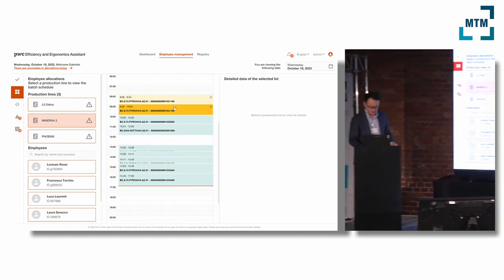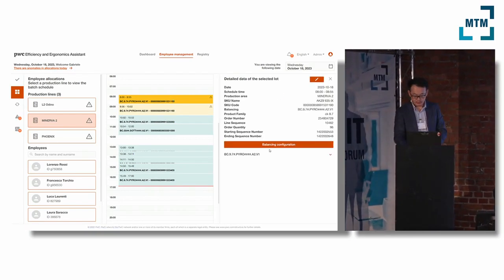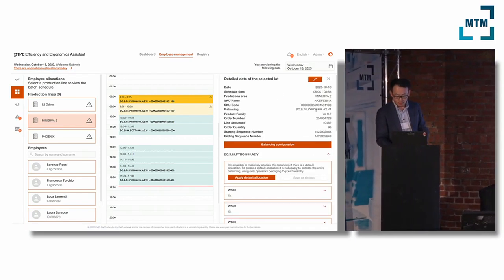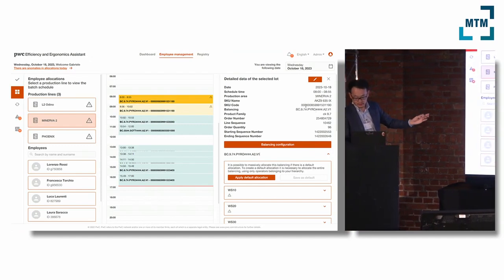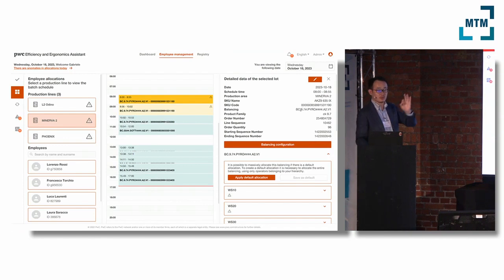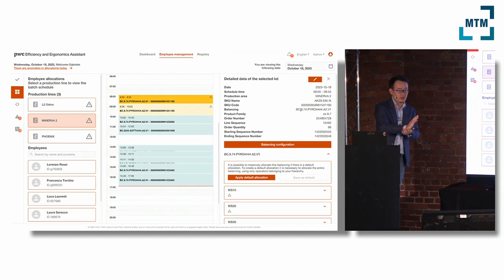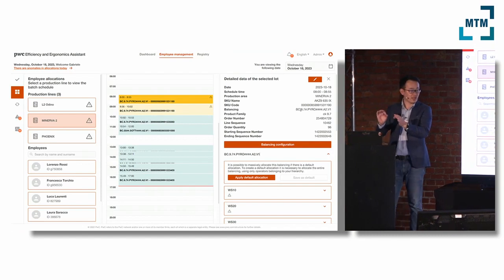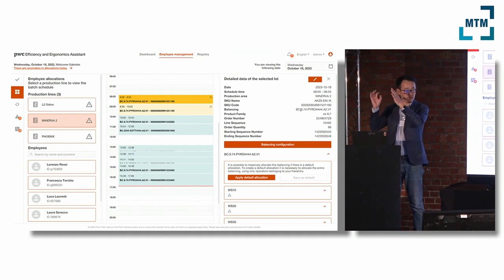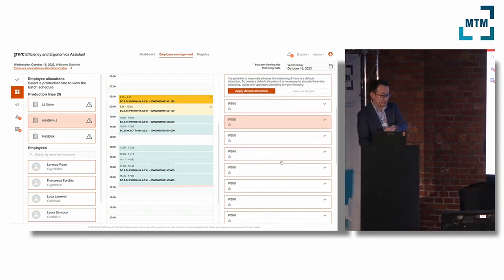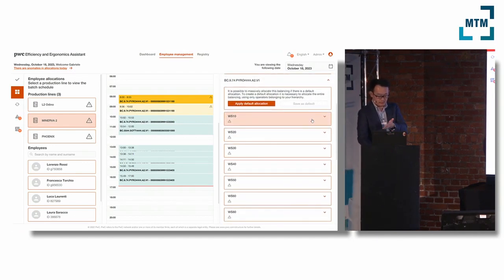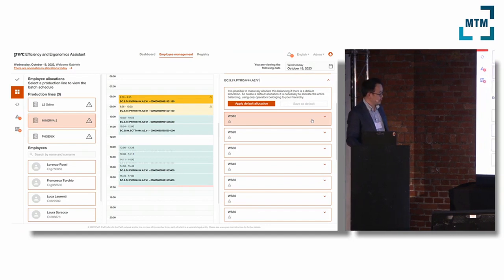If I click on one of the production sequences, we can see all the information about the SKU of the specific product, and the balancing that is associated with this specific product. Of course, these are all the information that we get from Tycoon. So here we have the link between Tycoon and our platform. And then I know exactly which are the workstations. So I enter, for example, into the first workstation,